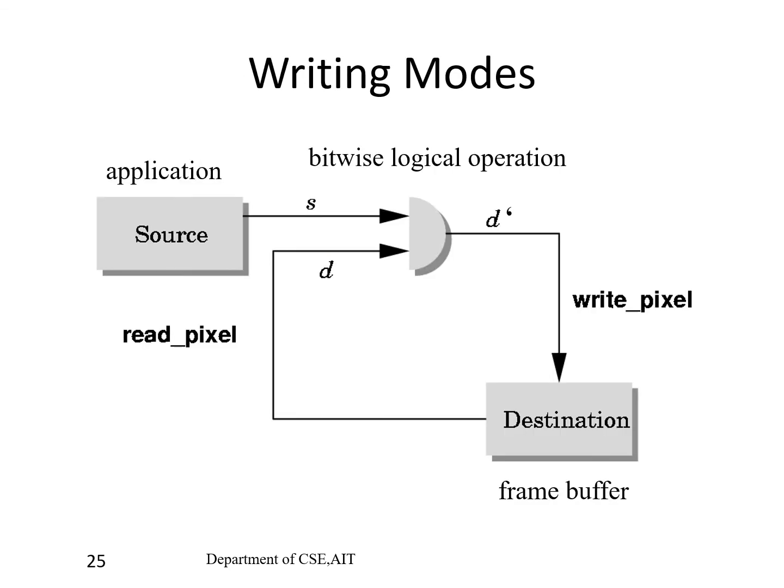Now we will consider some of the logic operations. When a program specifies a primitive that is visible, OpenGL is going to render that by making use of colored pixels, and these colored pixels are going to be written on a frame buffer. So if I want to go for the default operation, these pixels will simply replace the corresponding pixels. If we want to go for a color buffer, then that has to be cleared to black, and then we can go for drawing the colorful pictures.